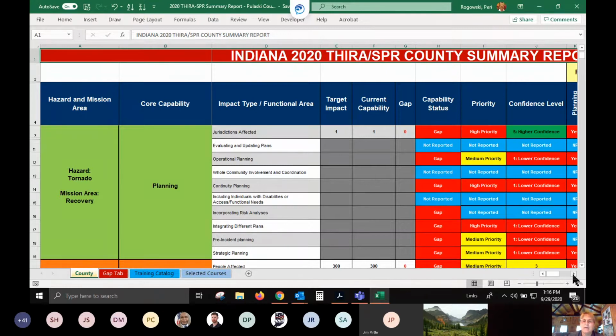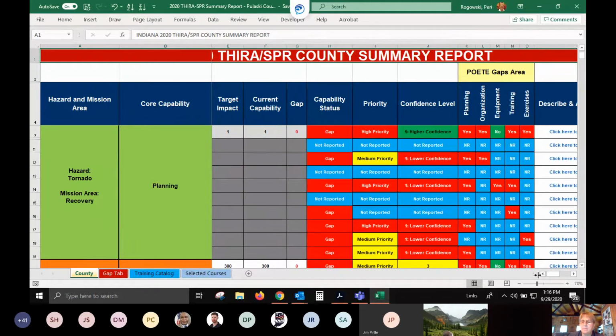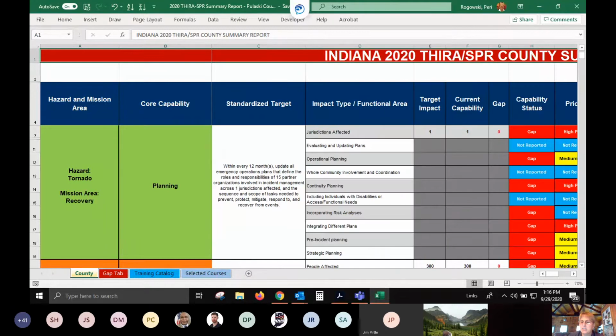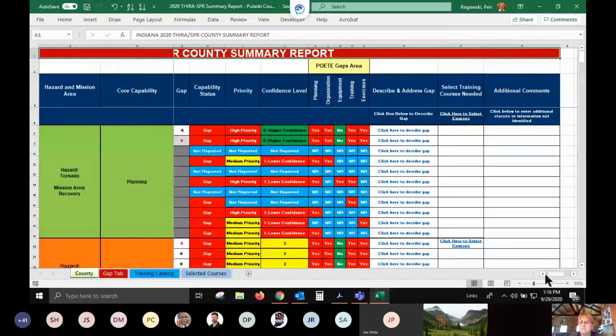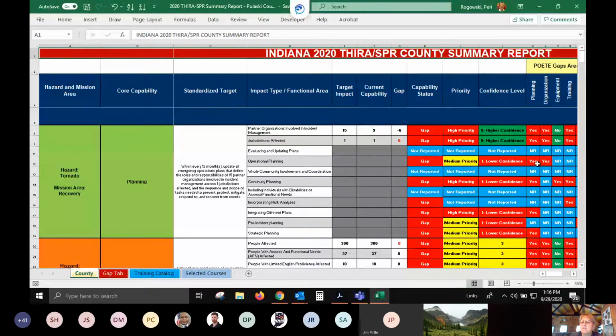You'll see in Pulaski County that in their jurisdiction piece, they had indicated there was a gap in their operational planning that had a medium priority, low confidence, and in the POETI areas, they had it as planning, organizing,